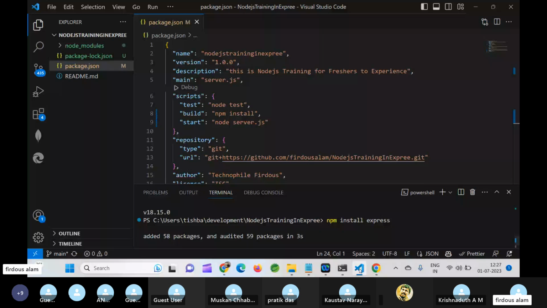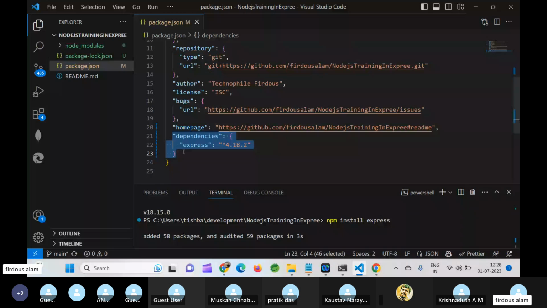Then you will see a new thing like this, dependencies. Right now we have Express 4.18.2 in our machine, and with this you will see another JSON file and a folder.